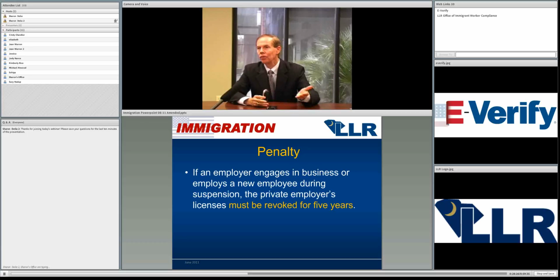and then third, the reason the South Carolina law is the toughest in the country. You can have your license revoked for employing an unauthorized worker, and you can have your license suspended for 10 to 30 days for what I call a record-keeping violation. Not having enrolled in EVerify, and for not, every time you hire a new employee, going into this database, taking the credentials, and